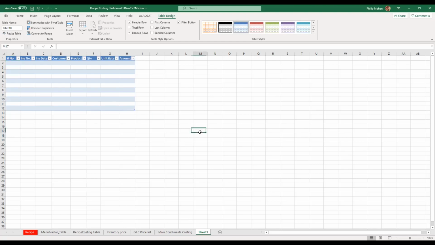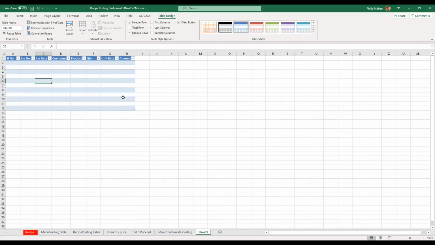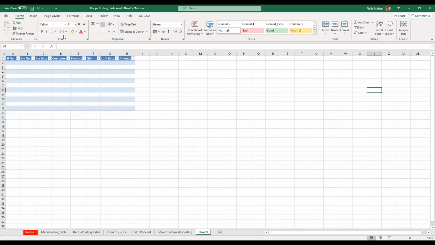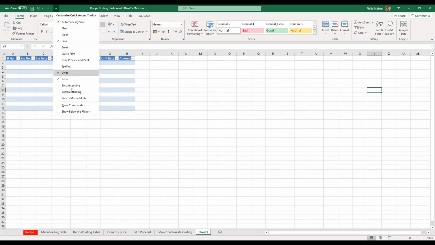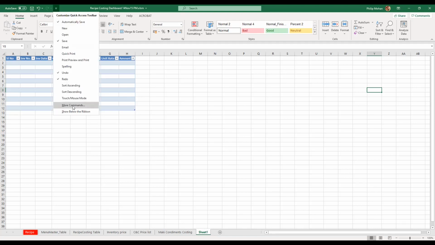Now let's go anywhere inside the table and then go to more commands. I went to the small arrow on top, more commands.